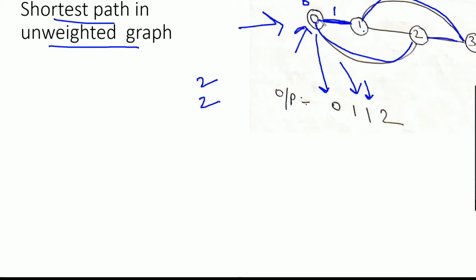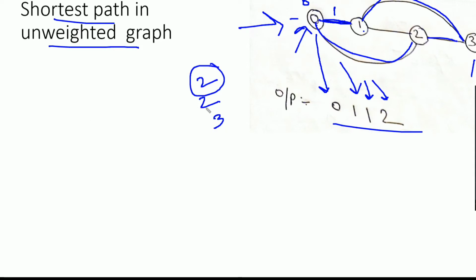One more path is from 0 to 1, 1 to 2, and 2 to 3, basically 3 edges. So the shortest distance is nothing but 2. So the distance between source vertex 0 and vertex 3 is 2. We need to print the distance from the source to all the other vertices.